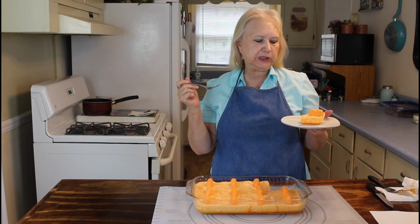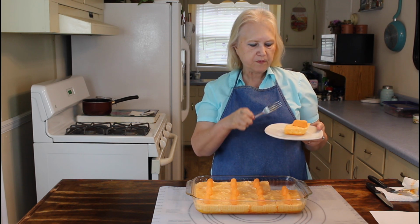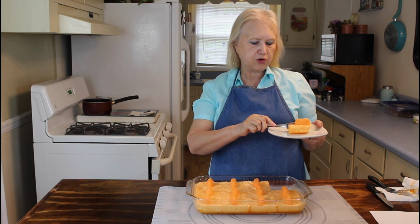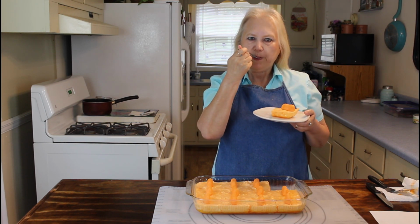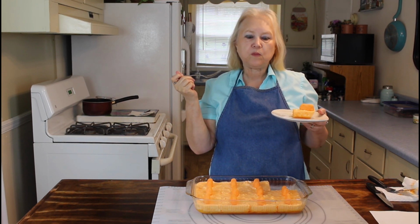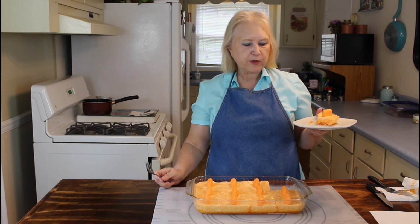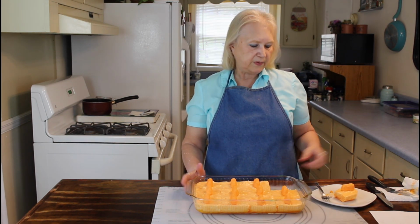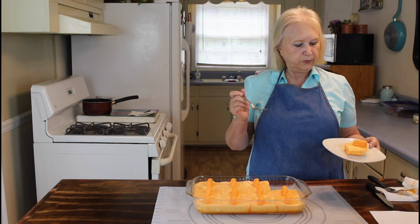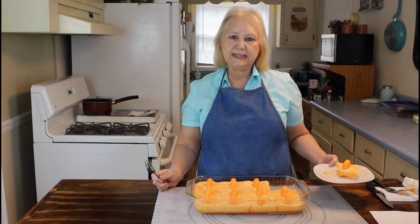That is really good. Can taste the pineapple in it and the orange flavor in it. I think if y'all try this dessert, you're really gonna like it. So this right here was a really good dessert, and I'd like to thank Diane for sending it to us